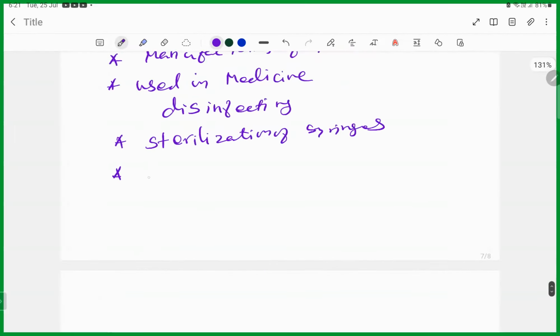Okay, and then it is used to prepare preparation of compound chloroform and ether. And then